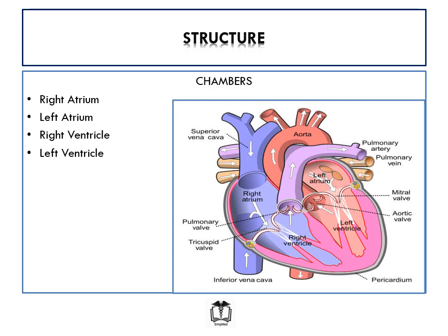So usually we say deoxygenated blood tends to flow on the right side, whereas oxygenated blood tends to flow on the left side. So we have the deoxygenated blood coming from the superior vena cava and inferior vena cava and entering into the right atrium. That blood would be moved from the right atrium to the right ventricle, and then from the right ventricle it is pumped out of the heart through the pulmonary artery or pulmonary trunk,